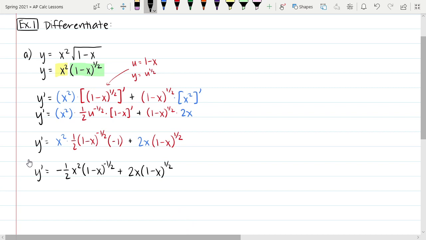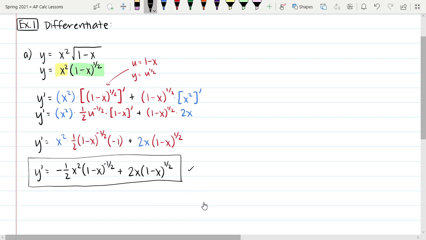Now this is technically our answer. That is the derivative using the product rule with the chain rule inside of it. Now, however, further down the line, and I don't mean way down the line, just a little time from now, we are going to need to work with this expression a little bit more. So again, for now, for our purposes of making sure we can find the derivative successfully, this answer right here